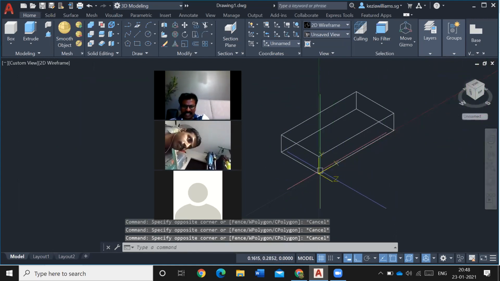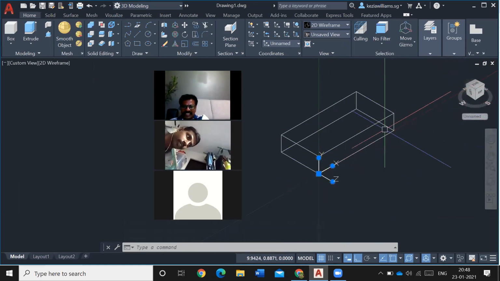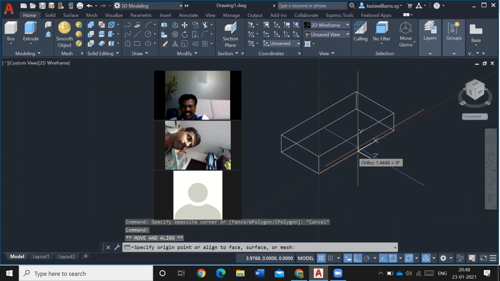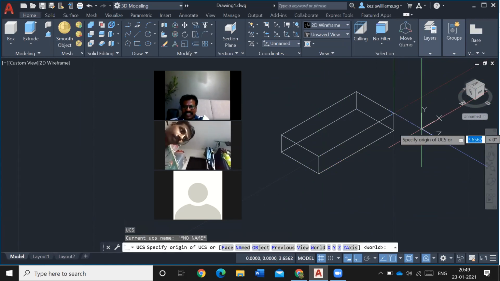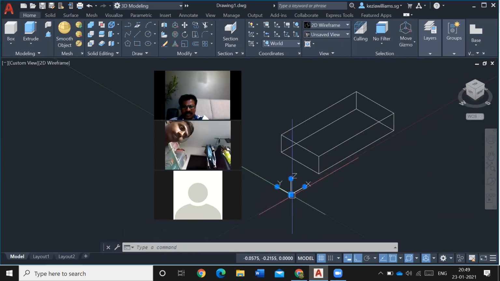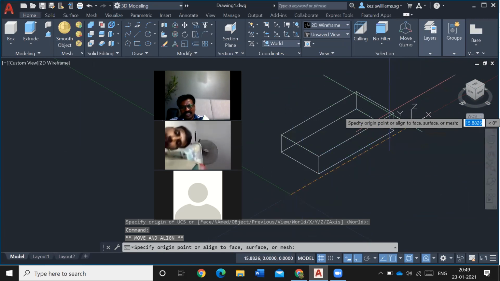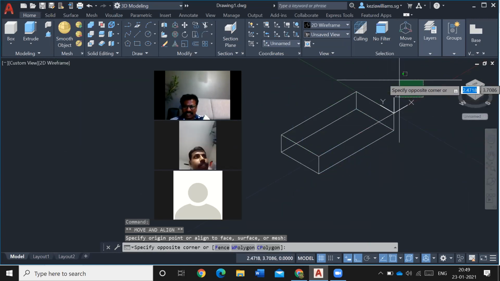I select my coordinate system and move anywhere I want. Okay. Now this I move to here. See, I move here. Now it becomes WCS already. Now I want to change to use. I can change it here. I can change this position, then X, then Y is okay.